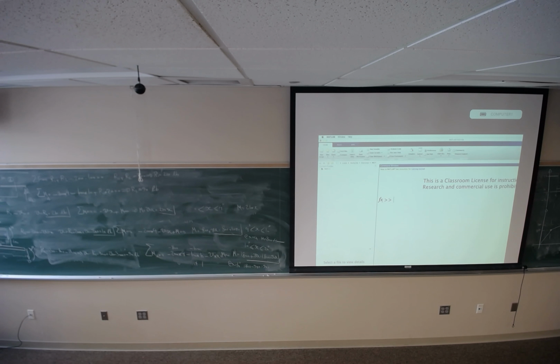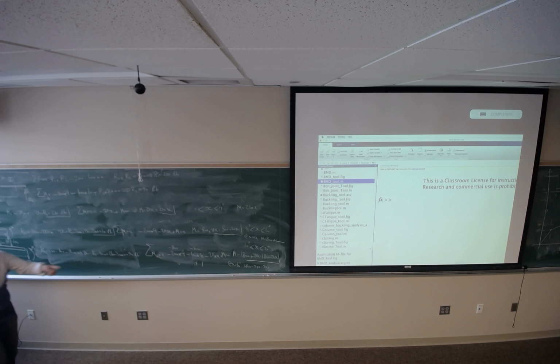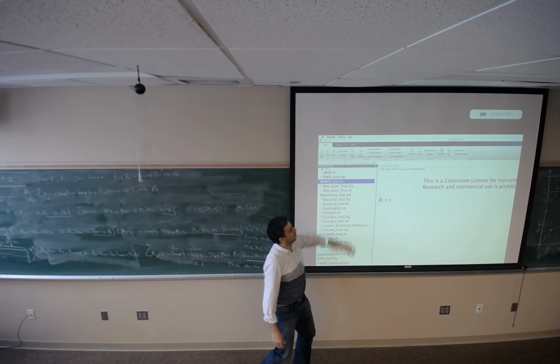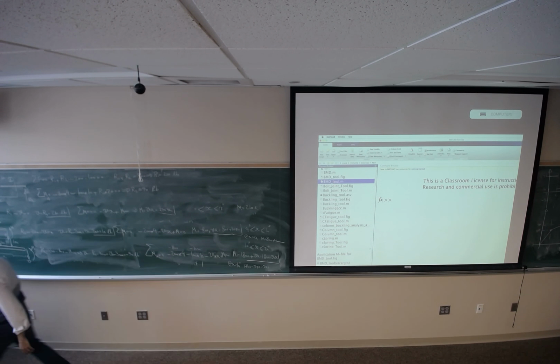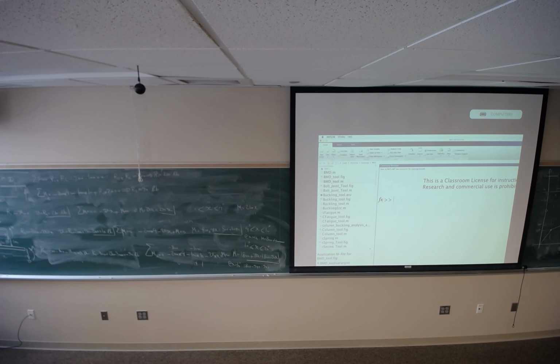The name is BMD. Right here, bending moment diagram underline tool. So if you just type BMD underline tool and